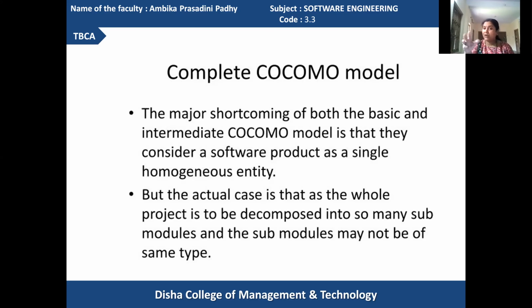You can categorize the communication part as an embedded type of software and accordingly calculate the effort, time, and cost required for developing the communication part. Got it?